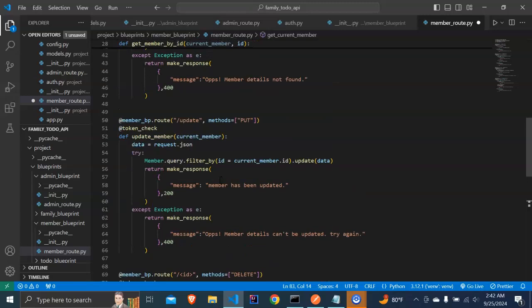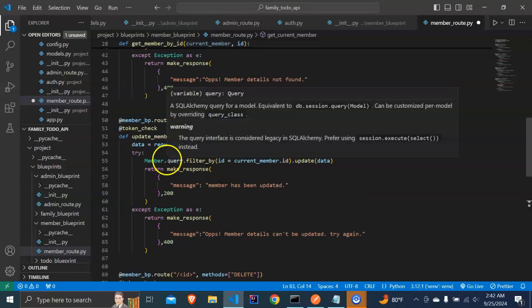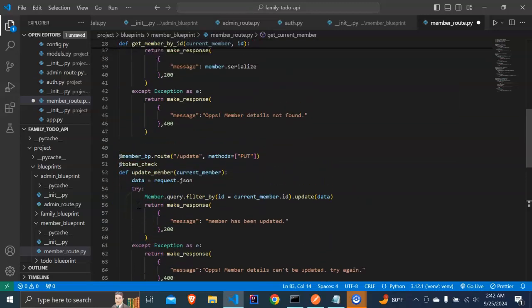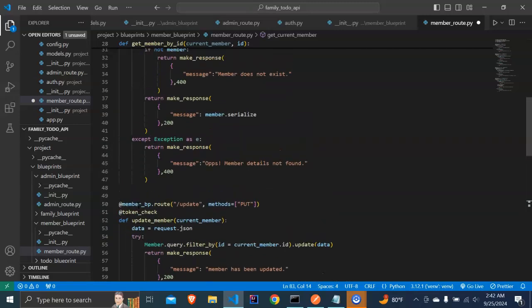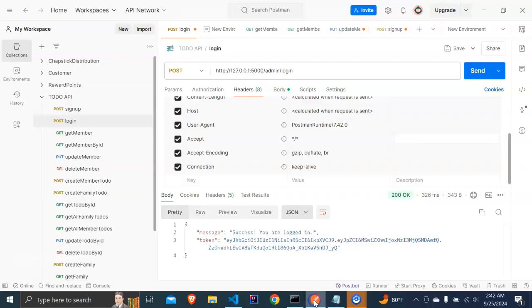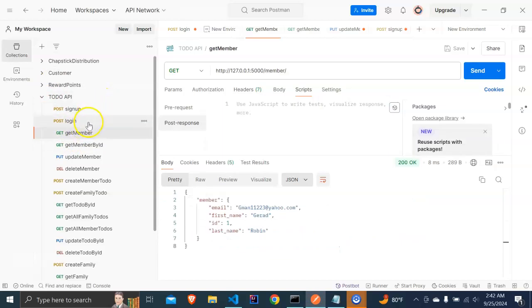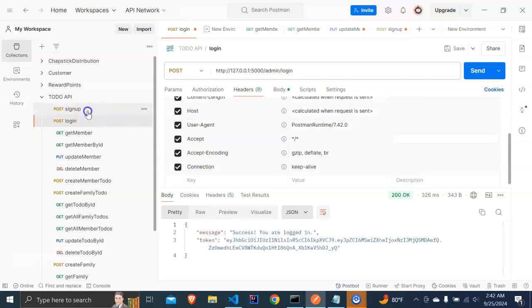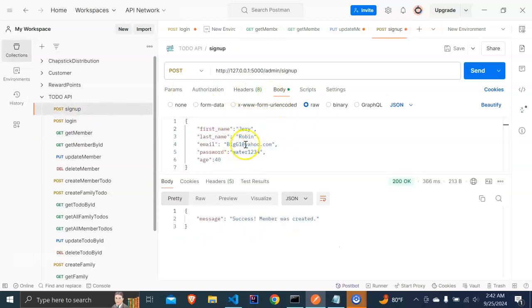Okay, I'm just checking, just want to make sure it looks okay. Alright, so let's test it. So, save it. Go to Postman, and let's go to get member. As you remember, we did log in and sign up one member. Let's see. Yeah. So if we say get member,